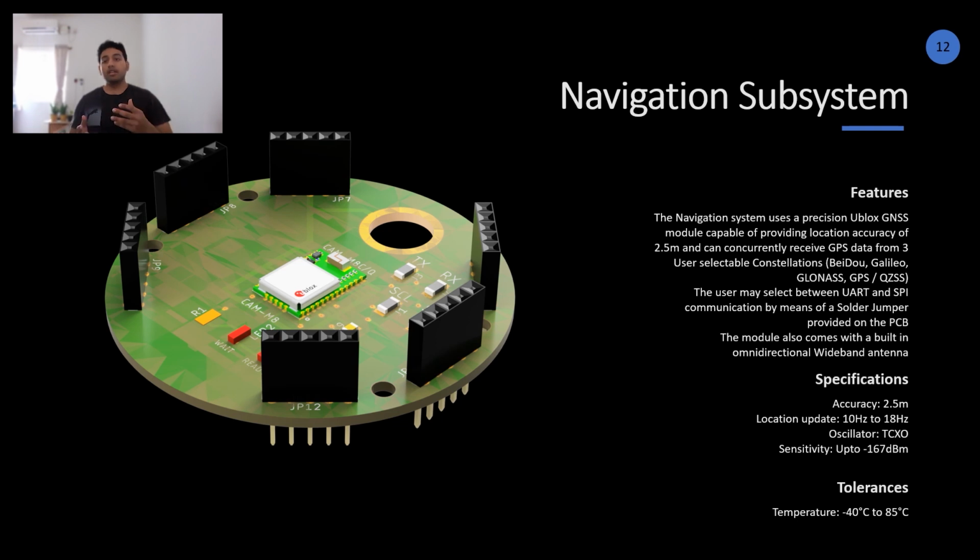which is much better. Even this sensor works on UART and I2C, which is user selectable. There are jumpers on board that you can solder or desolder to work with UART or I2C. If you want UART for maybe your own payload, some other subsystem that you want to add by yourself, you can always choose I2C to communicate with the navigation subsystem. But if the UART is free, you can always use UART because UART is what is normally used for communication with any GPS modules.